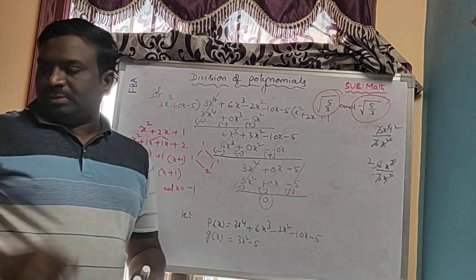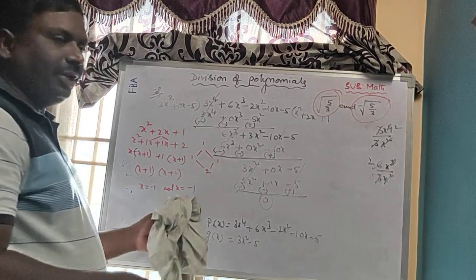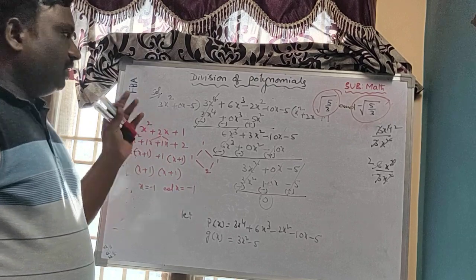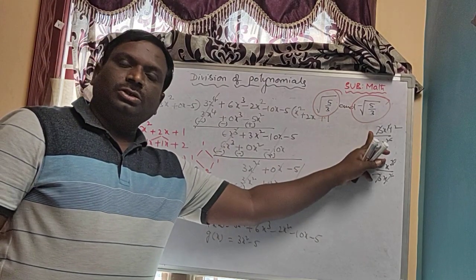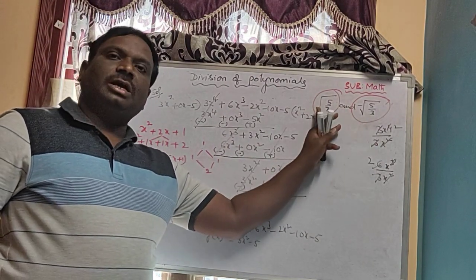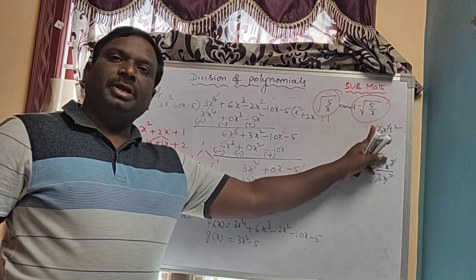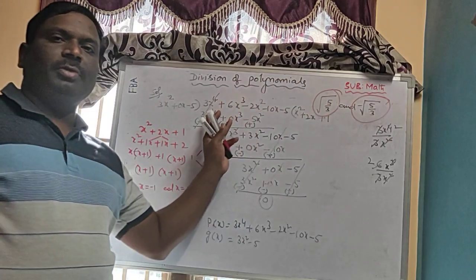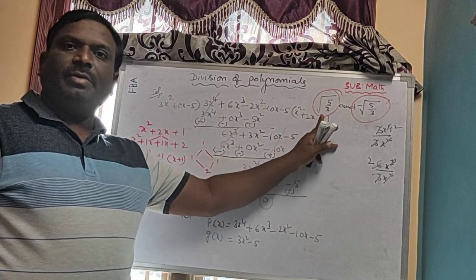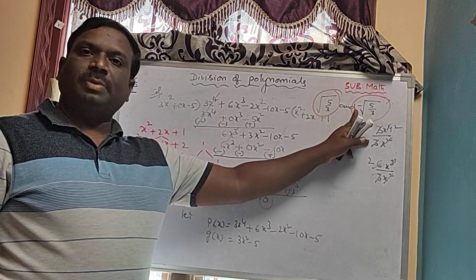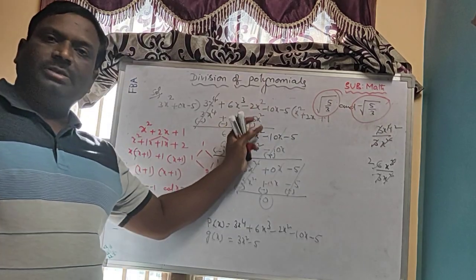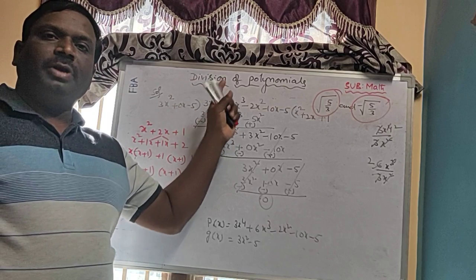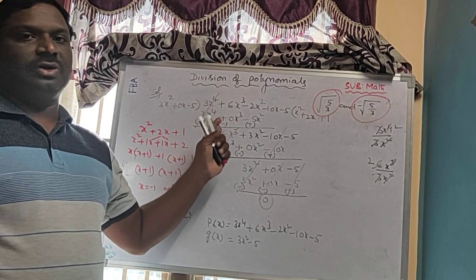Now the last model is a very important model. This is a very important question. So first they will give two zeros. Let us take alpha as one zero and beta as another zero. X minus alpha, x minus beta are the factors of the given polynomial. That means x minus square root of 5 by 3, into x plus square root of 5 by 3. It will become x square minus 5 by 3, by the a square minus b square formula.